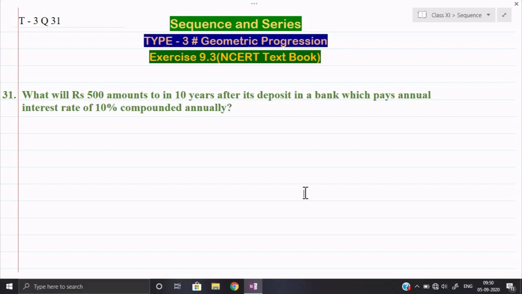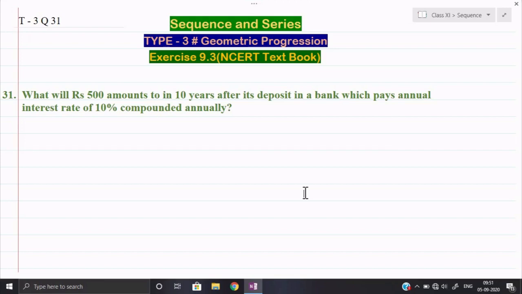However, this method is not convenient for us, but since we are studying as a part of application of GP, we can say that with the help of GP also, such kind of amount which is compounded annually we can easily find out. So first of all we shall determine whether it is forming a GP or not. Then in the further cases we can easily use it as a GP and find out the required amount by the help of the formula for the nth term or the sum of the terms.